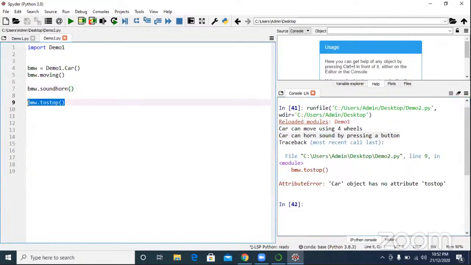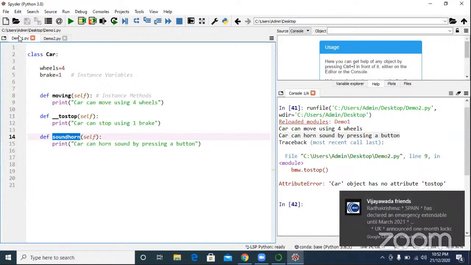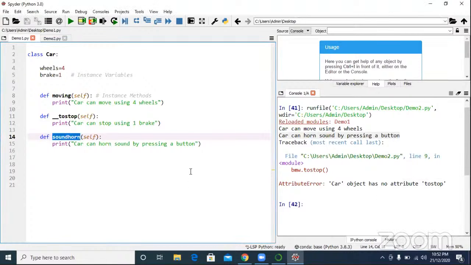Yes. Now in Java, you have static methods and non-static methods. Do you know that? What is the purpose of a static method in Java?